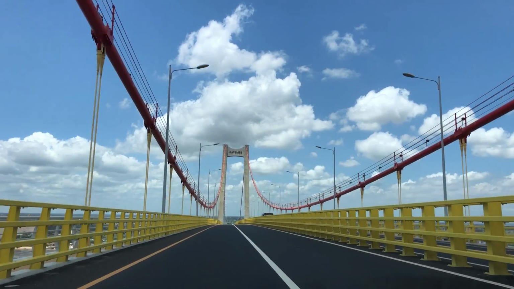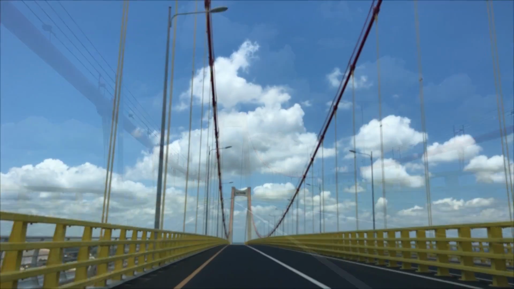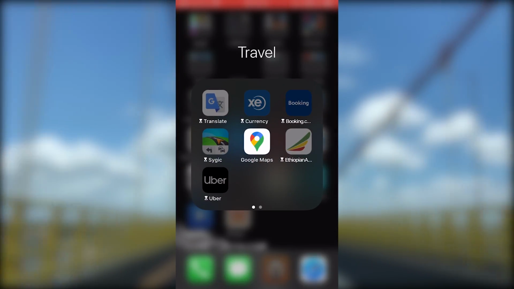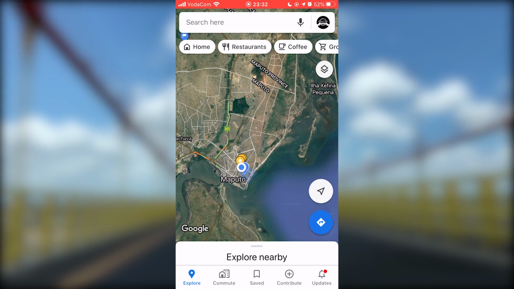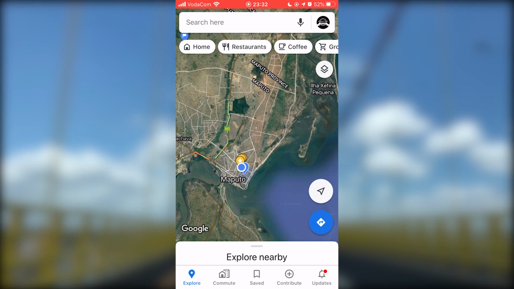Let's dive into the phone so I can show you how you can do it. I will assume here that you already have downloaded Google Maps to your phone. Now, open the app and let's download the map. One thing to keep in mind here is the bigger the area you want to download, the bigger the size